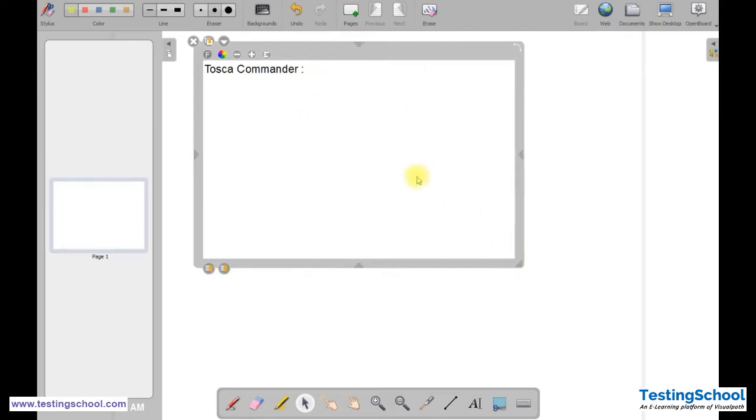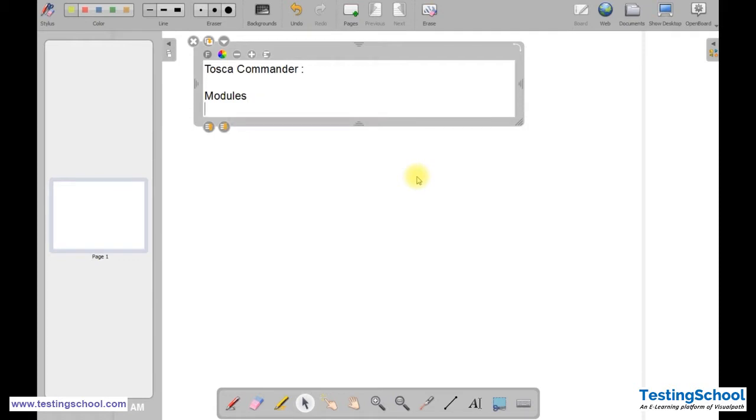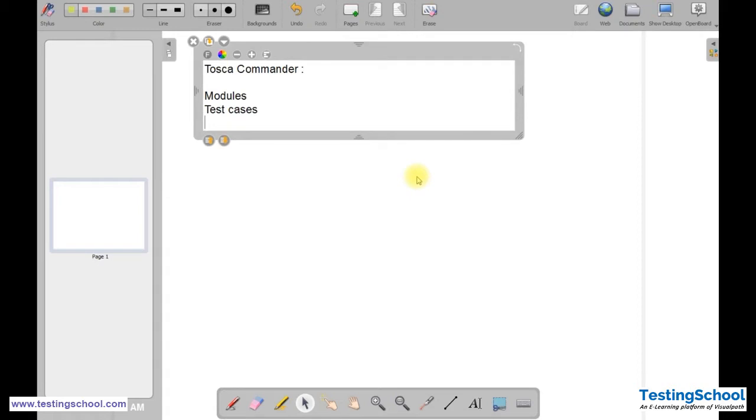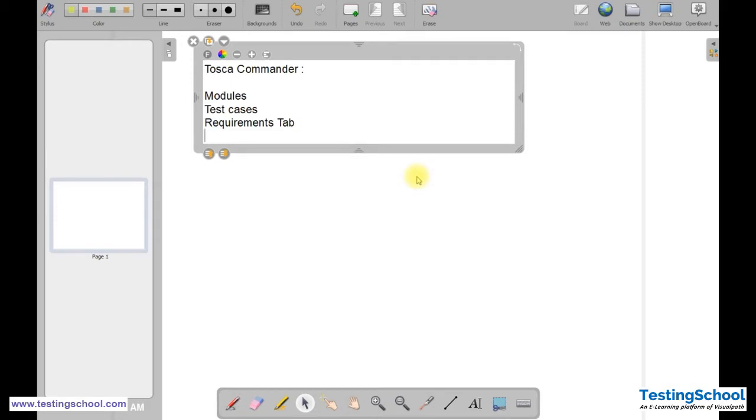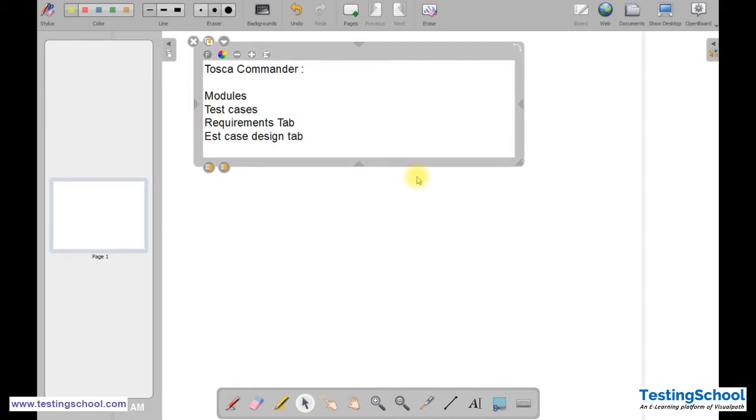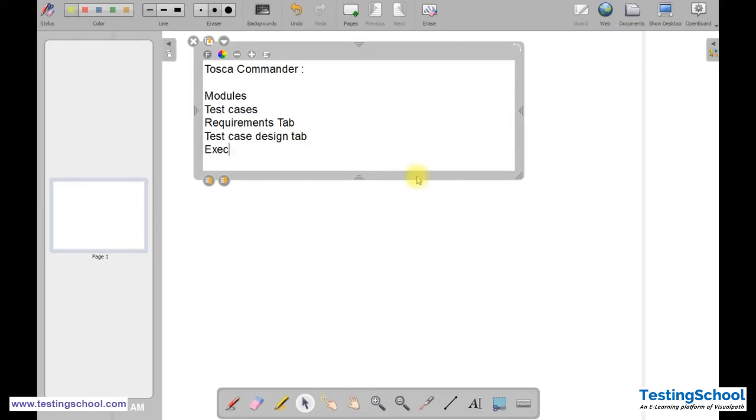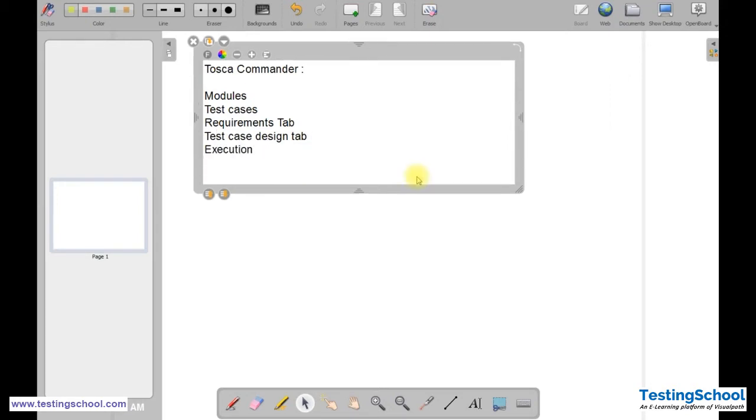Like we have the modules tab, test cases, then we have the requirements tab, then we have the test case design tab, we have the execution tab and the issues tab. Okay, so once you open Tosca,